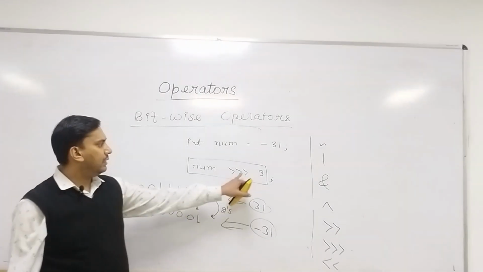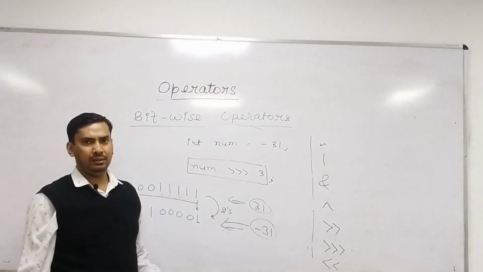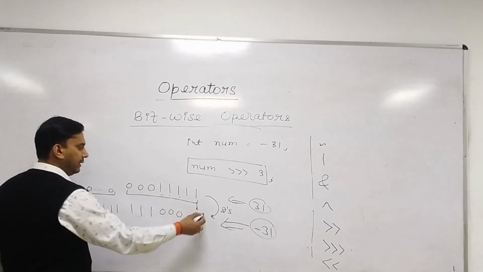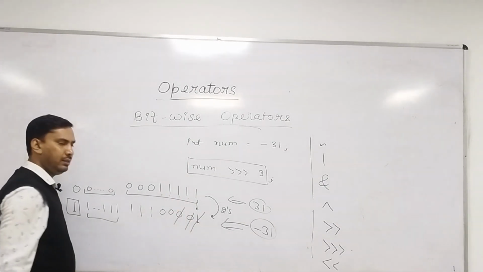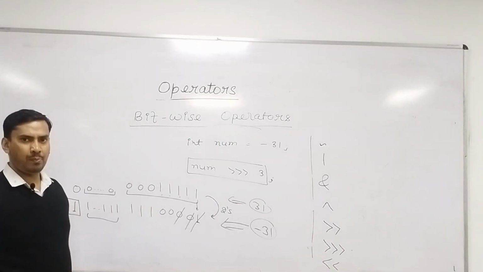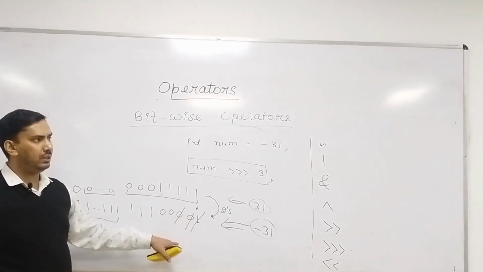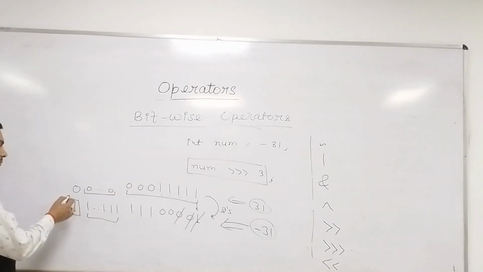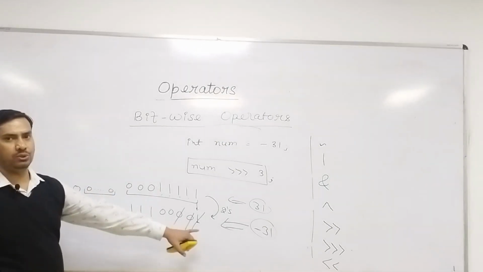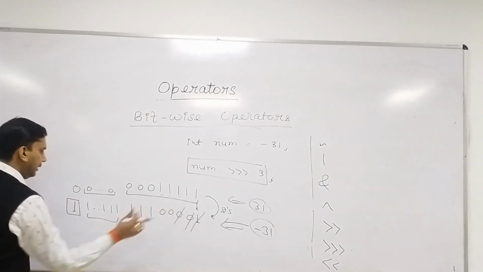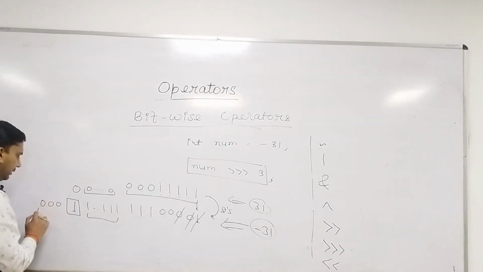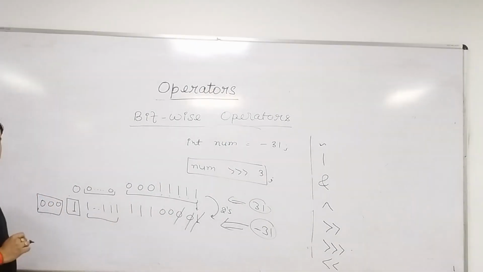Now what I am saying is, right shift by 3 bits. Right shift by 3 bits means, the shift operator says, from the right side discard the 3 bits. I discarded the 3 bits. To compensate those 3 bits, unsigned right shift says, forget about what the MSB is. You have to compensate with zeros only. So the 3 bits we have discarded, we have to put 3 zeros here. And this is the problem.